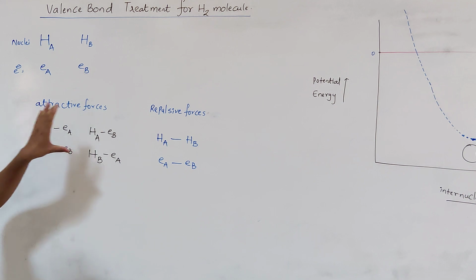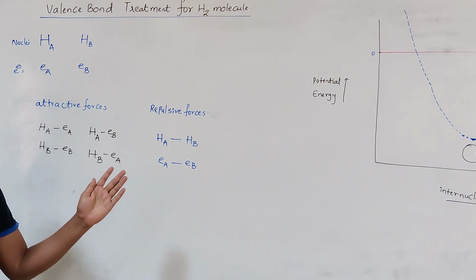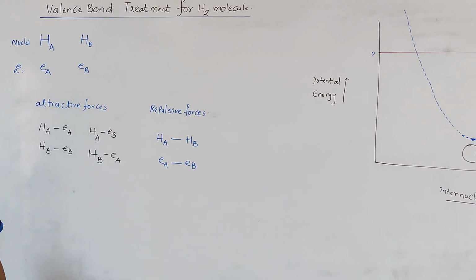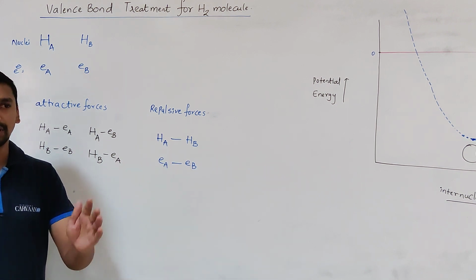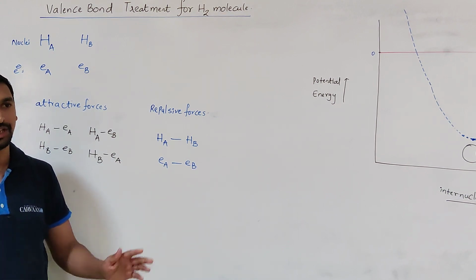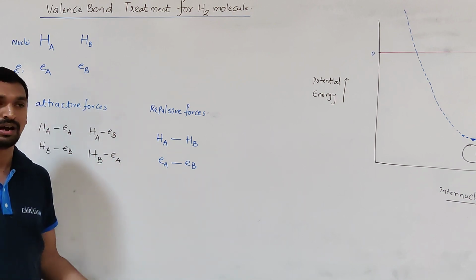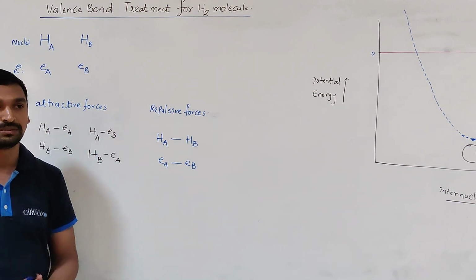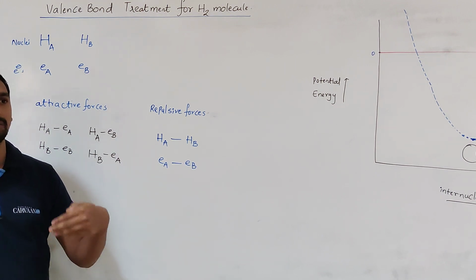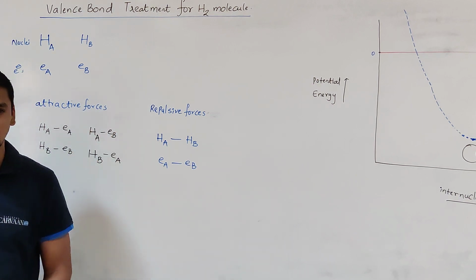When attractive forces are dominating the repulsive forces, the hydrogen atoms always try to come very close to each other with the release of energy. As the atoms come very close with the release of energy, the stability of the system increases, because according to valence bond theory, the larger the energy released, the stronger the bond formed. A stronger bond formed is nothing but more stable.